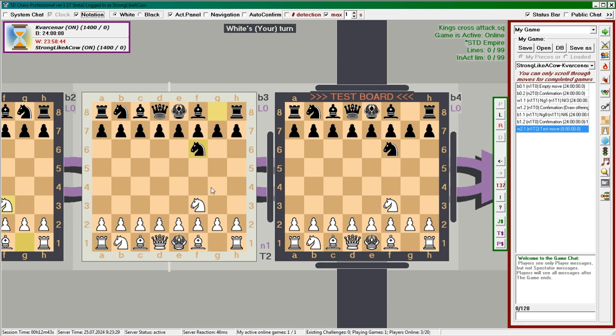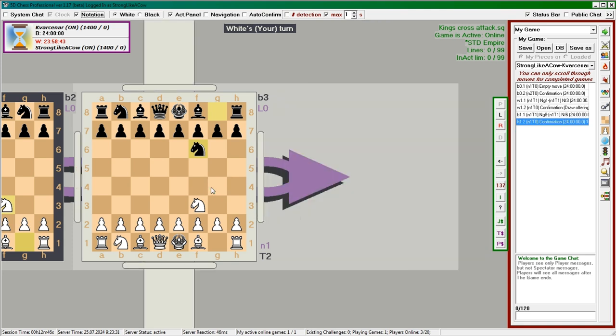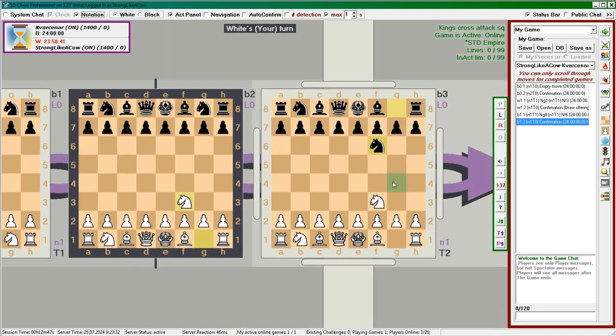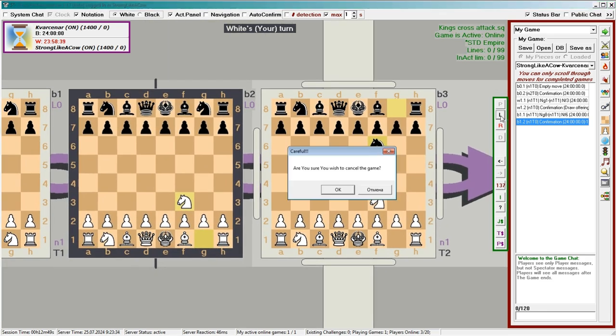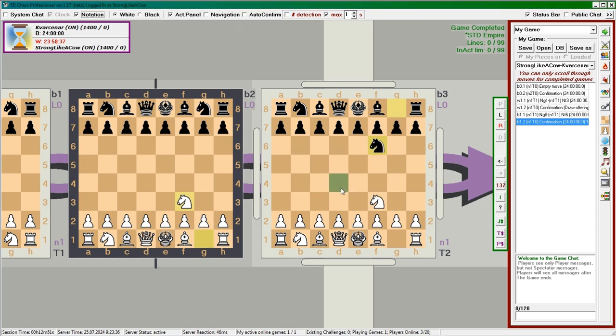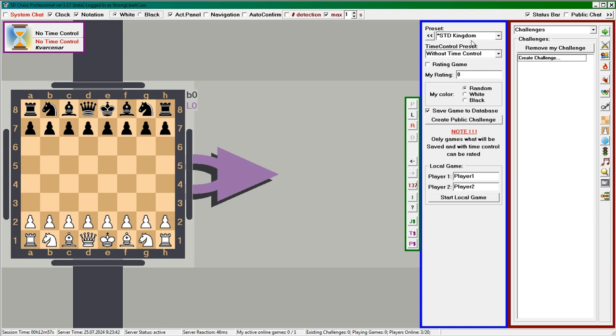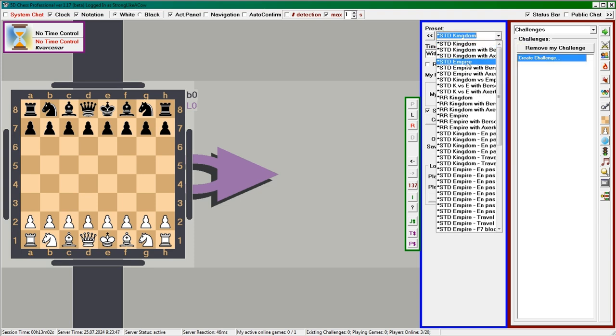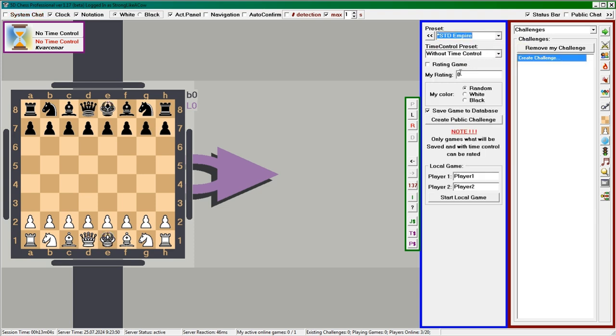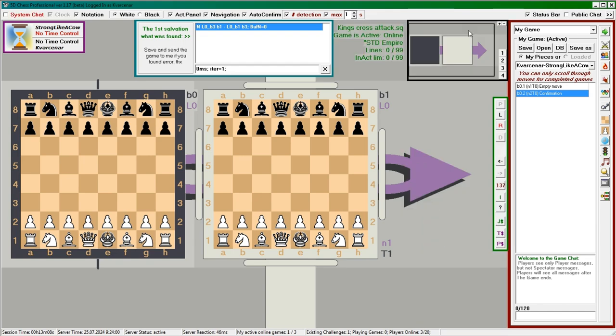To cancel it, simply undo the move. Now let's see how Jurassic Squares and the daughter game work with a simple example. Let's cancel this game and create a new challenge without time control and rating. At the same time, let's look at another feature available only in this mode. We create the Empire again, without time control, without rating, playing black, do not save. Create. We accept the challenge and go to the position of the well-known children's mate.